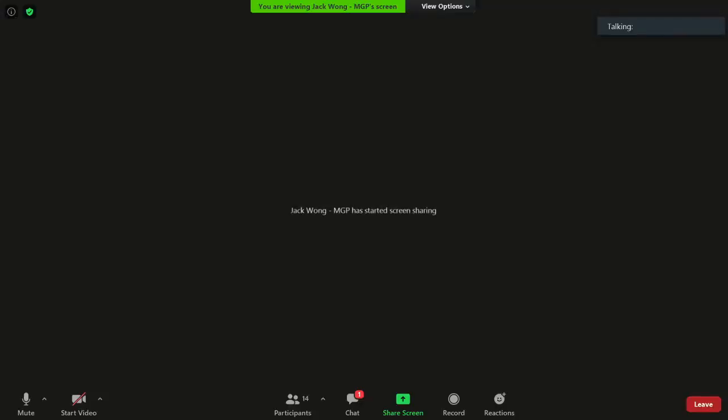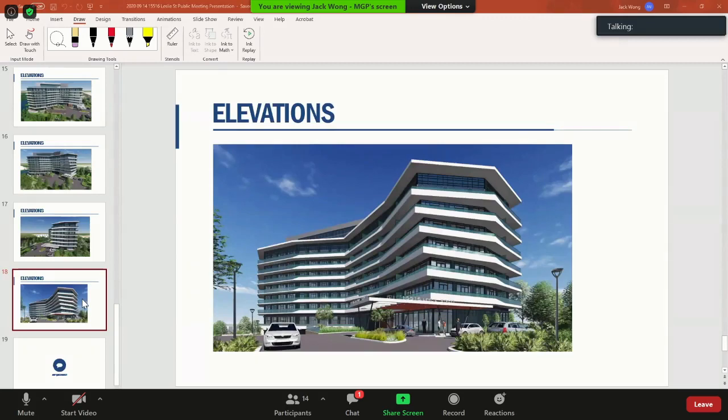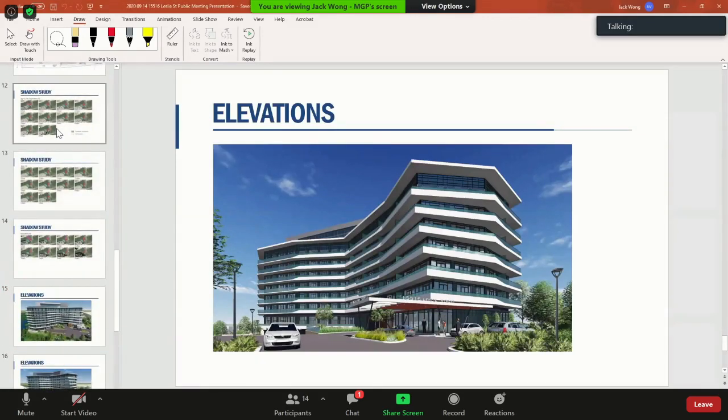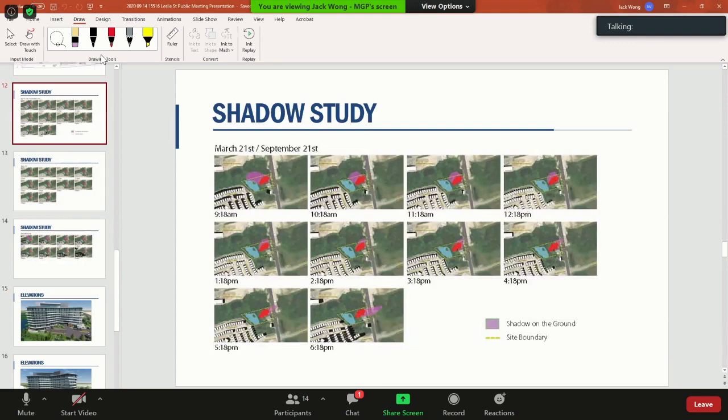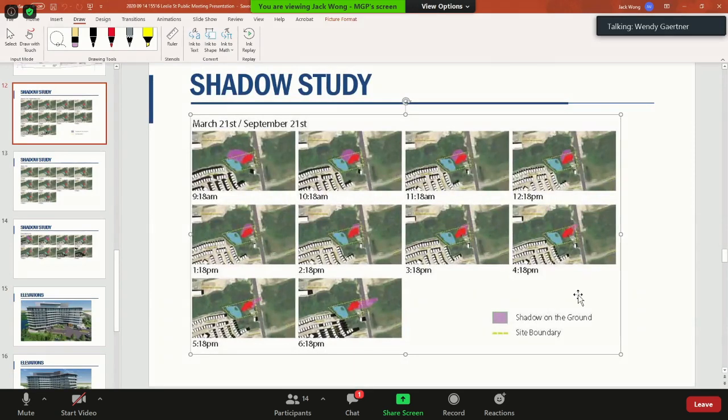Thank you. Your slide on the shadowing, if you could bring that back up. Go ahead, Councillor. So if I'm seeing correctly, it looks to me like there is continuous shadowing on the pond from this particular slide.